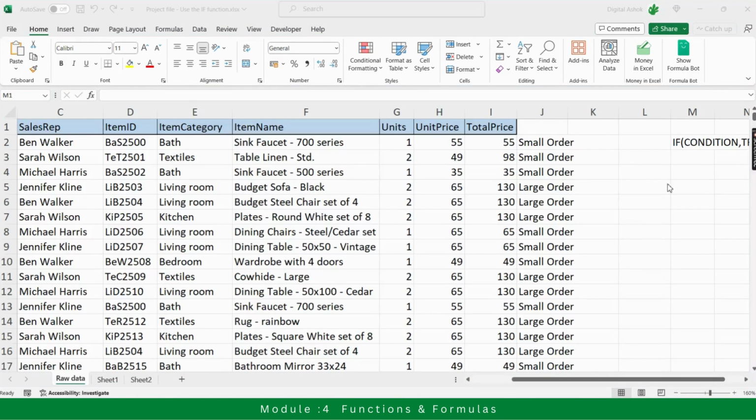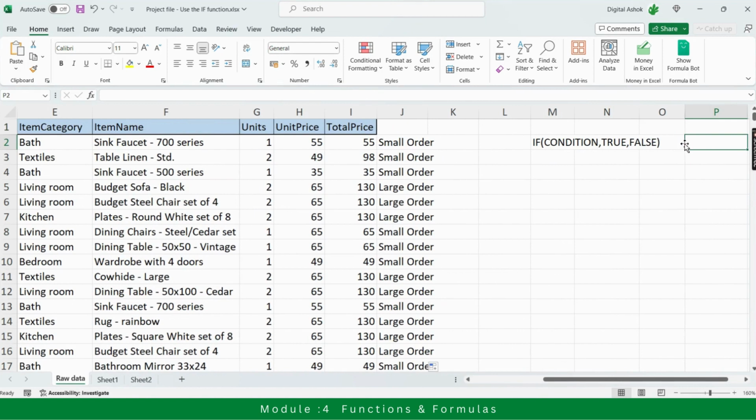Okay, now we know the syntax of the if condition. So what is the syntax of the if condition? First is the logical condition, then what if true, and what if false. So if we have more than one condition, but that again